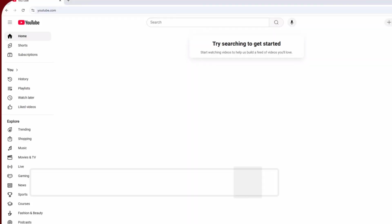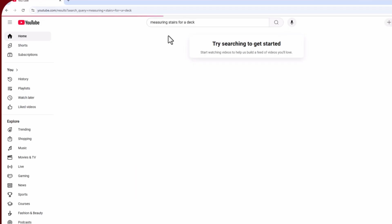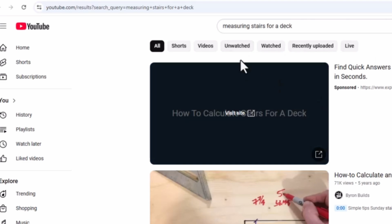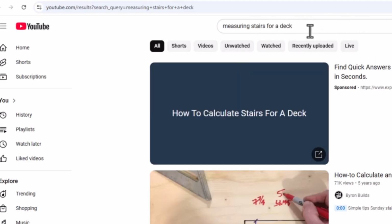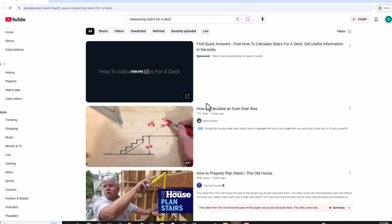First up, let's talk about searching, watching, and subscribing to channels. So I'm going to start with a topic. We were building a deck, and I needed to find some videos that I could trust on building a deck. So I did a search for, first of all, measuring stairs for a deck, and I've got several items that